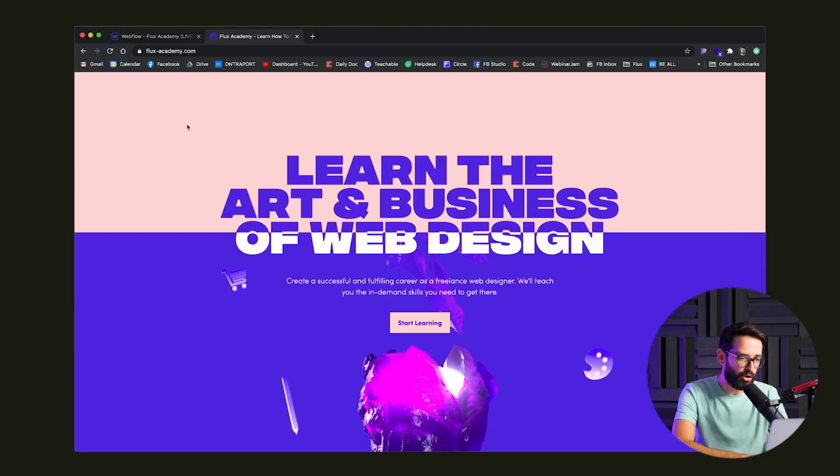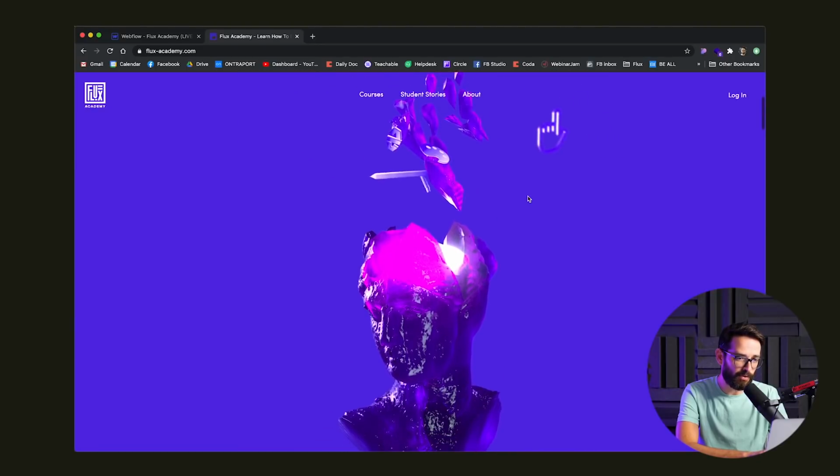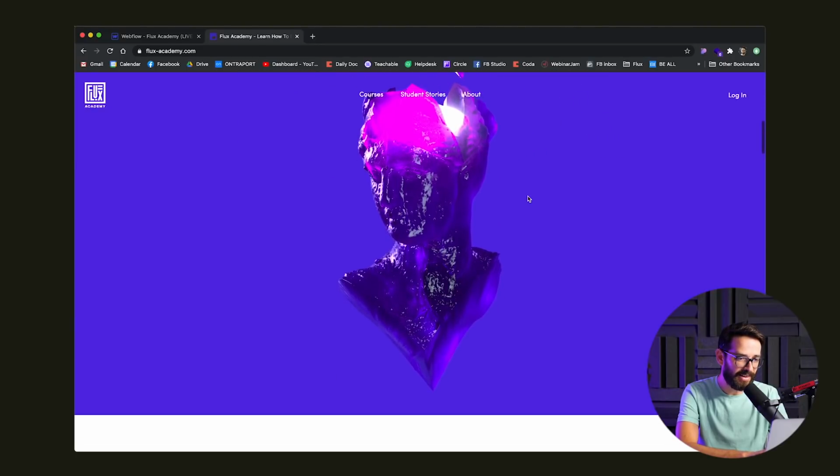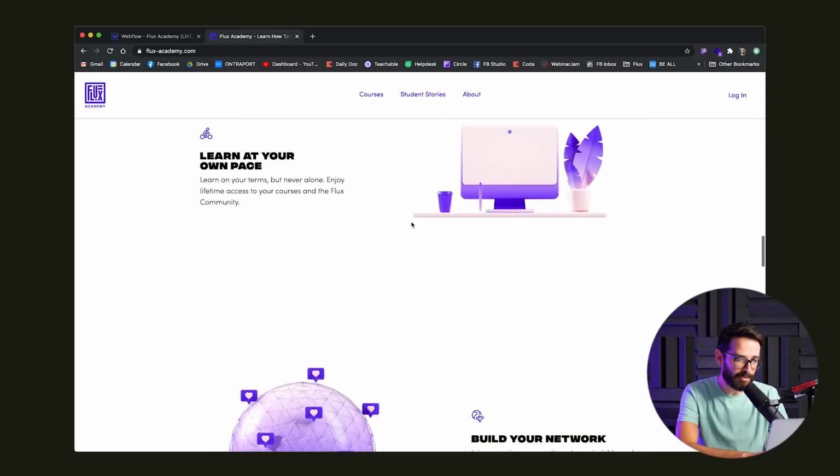The first thing that we'll cover is how we've created this pretty cool loading effect for the website, and then how we have all of these loading or scrolling interactions of all of these things going into the head of this statue here in the hero section. What else am I going to cover?